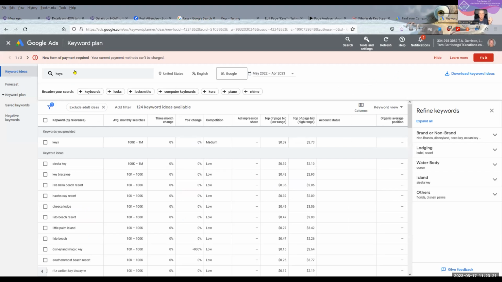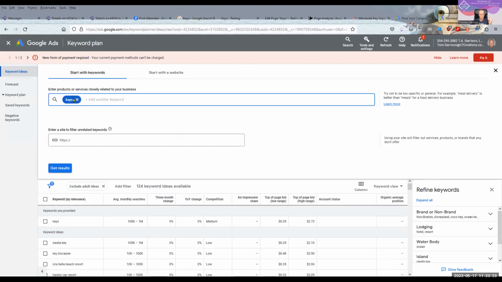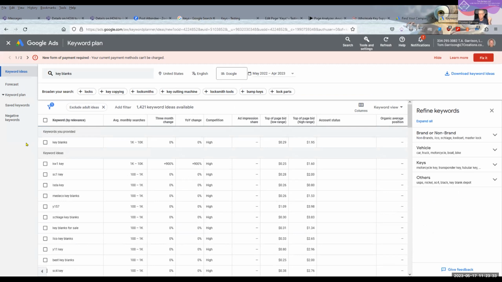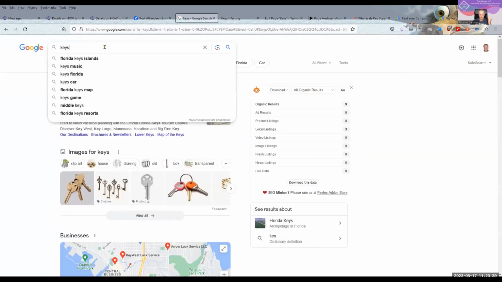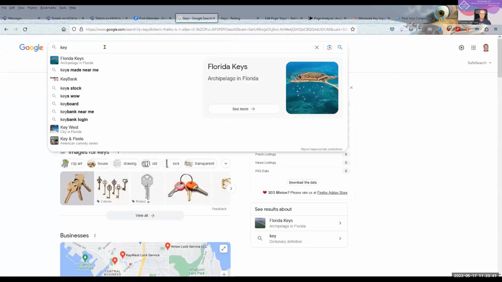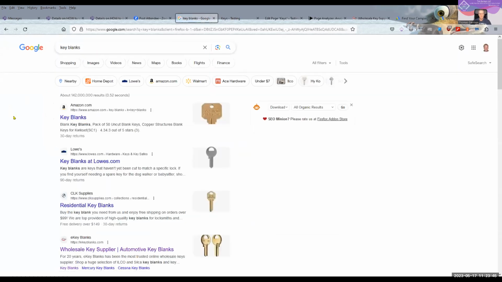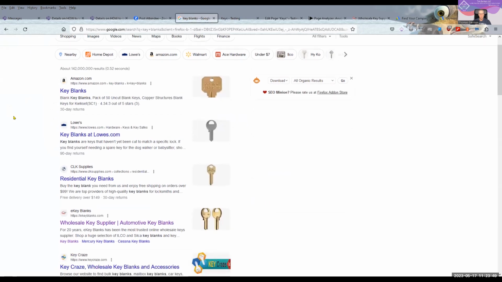What types of keys are you using? How about key blanks? Let's search that. Well, that's 1,000 to 10,000. That's a big difference. And then you're going to go back over to the search engine and say, okay, now we're going to search key blanks. How good is that? Well, there's 142 million key blanks.